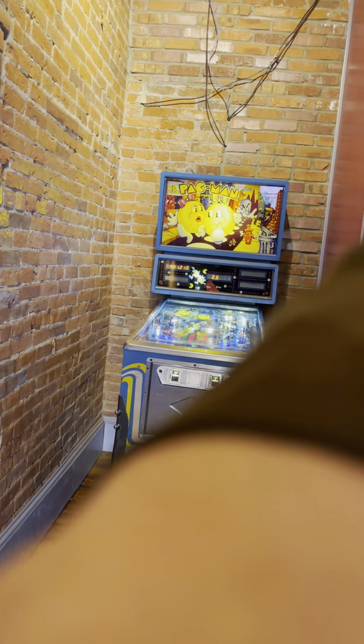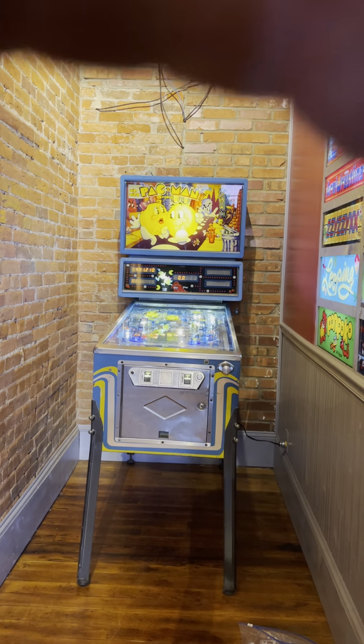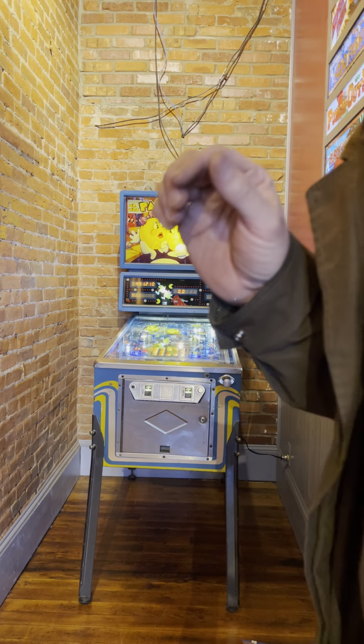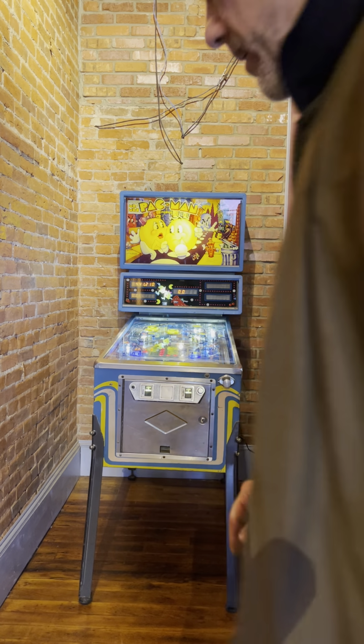Okay, I am going to take a video. Let's see if I can do it. I'm sticking this phone in my dolly. That seems to work. All right, I'm going to take a video showing me taking this pinball apart so that